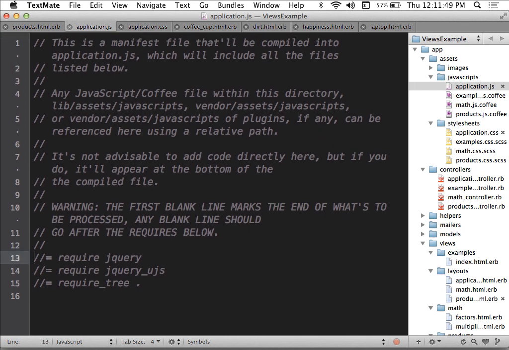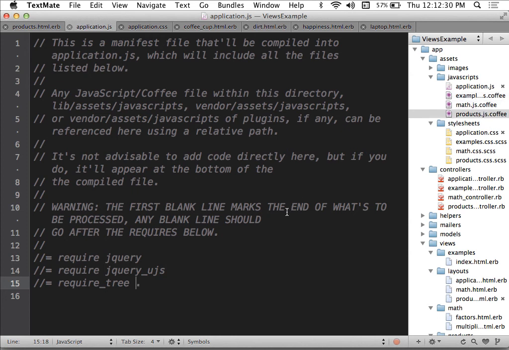There are some lines that start off with // equal. Those are basically load directives. So there's a line in here that says load jQuery, a nice JavaScript library if you haven't played with it before. There's a require in here that says load jquery_ujs, unobtrusive JavaScript. That's basically, in a way, the tie between the JavaScript library and Rails itself. And then there's a line in there that says require_tree ., the current directory. That's the line that actually tells it to load every other JavaScript file that's in the